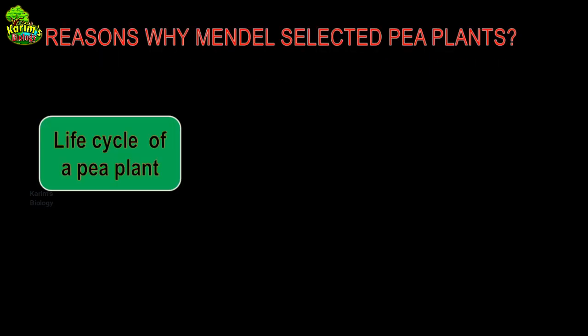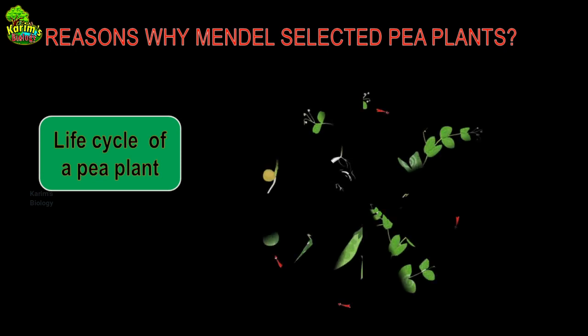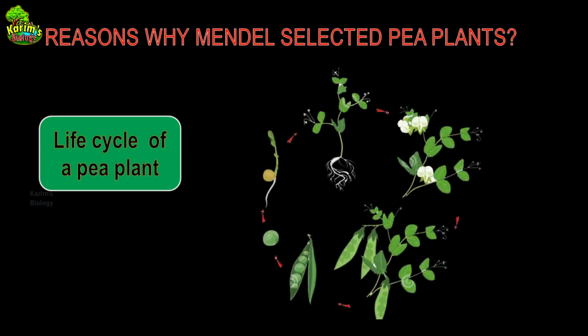Now let us discuss the life cycle of a pea plant. The life cycle of pea plant also begins with the seed. The seed germinates and forms a small seedling. Seedling grows and turns into a sapling. It turns into a plant, and within 1 year all these things happen. Remember that point. This grows into an adult plant, which eventually produces flowers. Within the flowers there will be pollen grains and also androecium, gynoecium, everything is there.